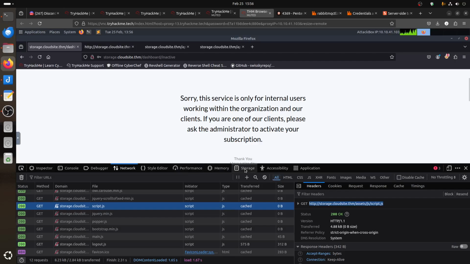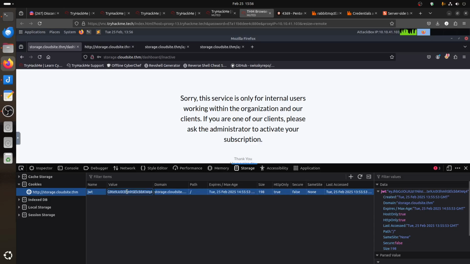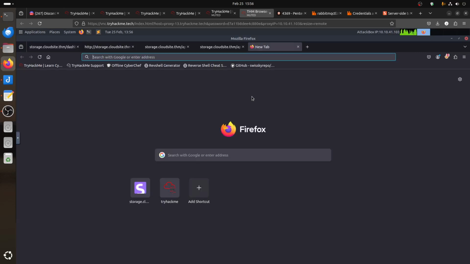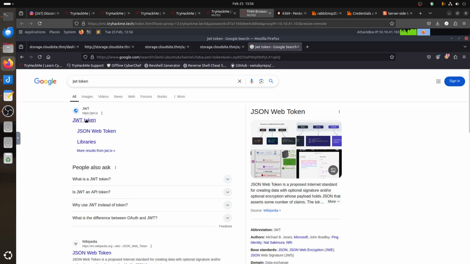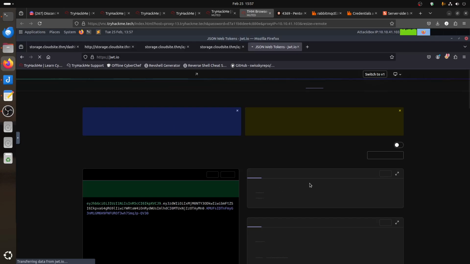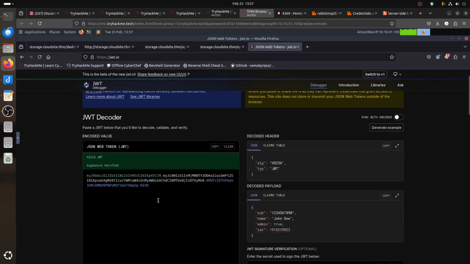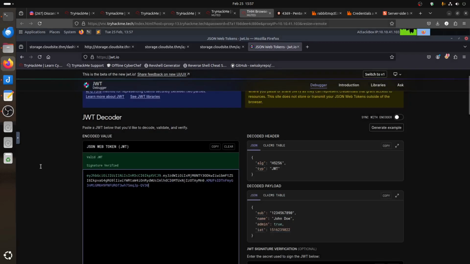But of course, now you go to the storage, you think there's a cookie or something, and then you have a JWT token. So we can go to the JWT site, accept. We go to the famous site that we always use, and here is where things get interesting. Accept all, just accept. You see, we have email. Let's say